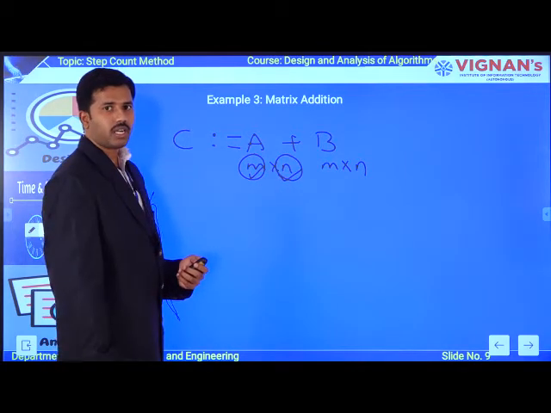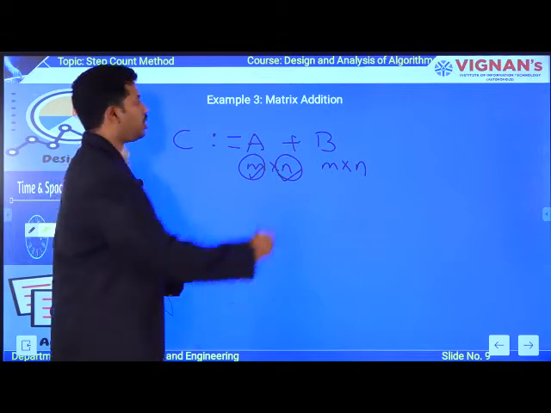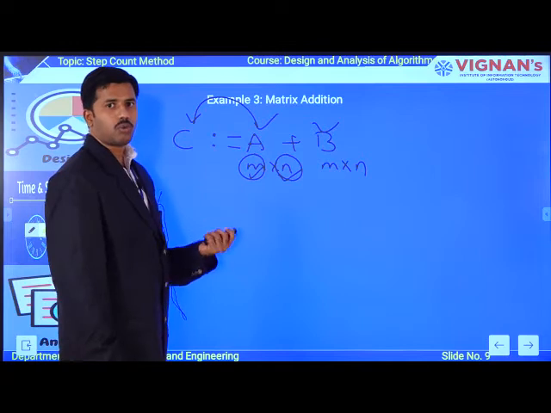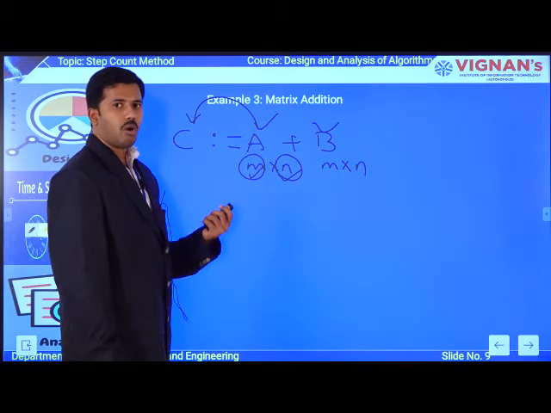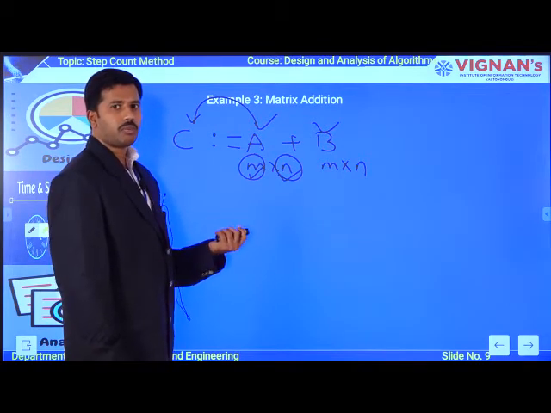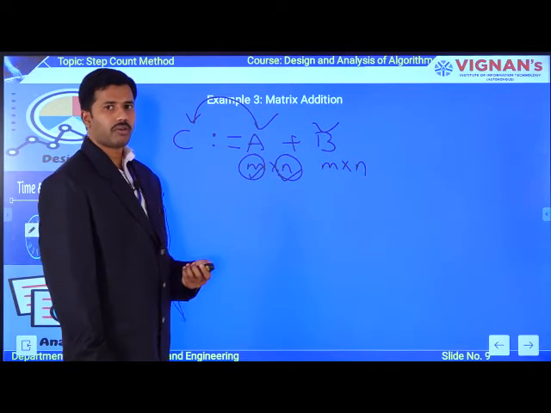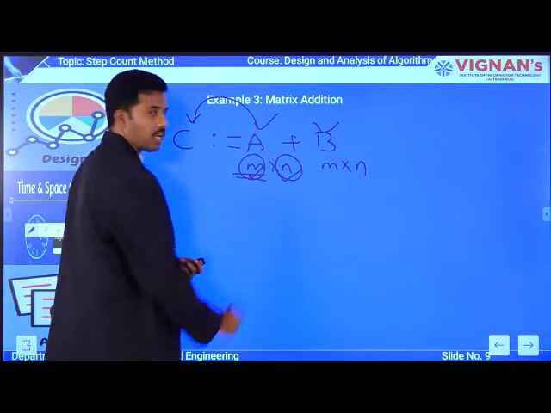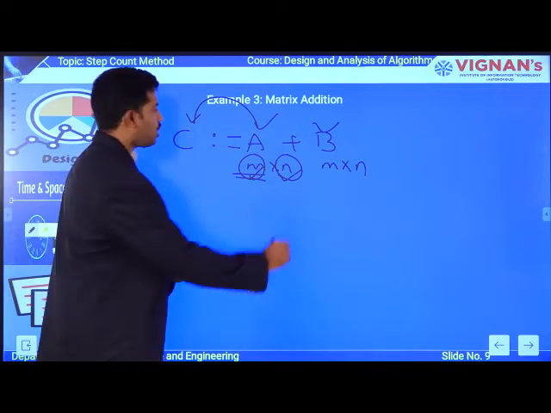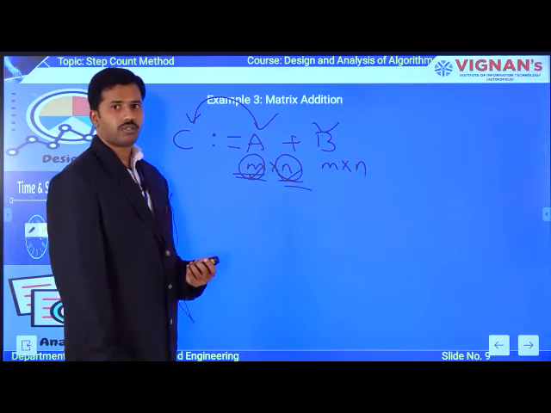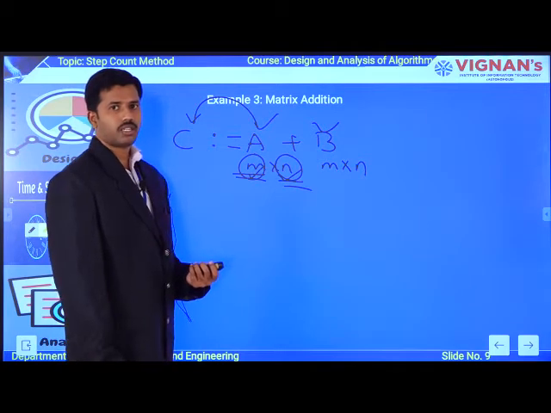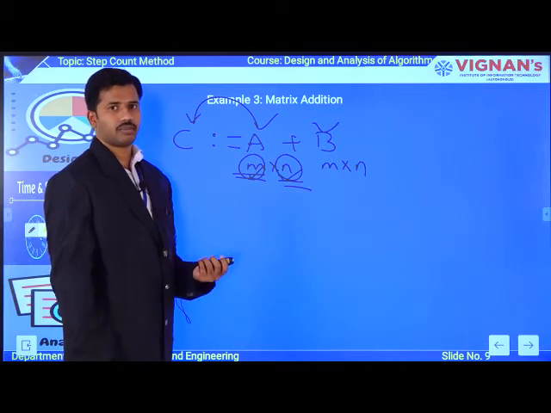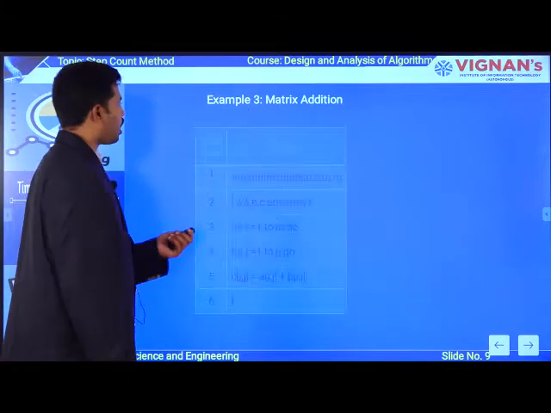So after performing arithmetic addition operation on these 2 input arrays, the result is updating to output array C. Okay. So first of all, to perform this arithmetic addition operation, how many for loops you required? Total 2 for loops you required, right? So the first for loop will trace the number of columns, and the second for loop is required to trace the number of rows, right? So likewise, you are going to be tracing the number of columns as well as the rows which are available in the array. Okay. Now we try to focus on how the algorithm is going to be.